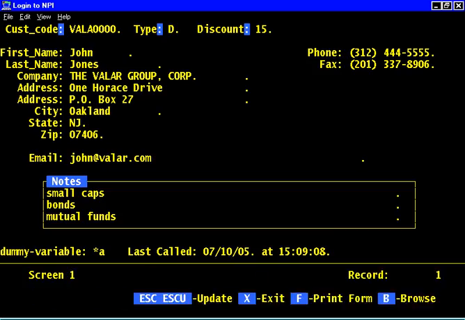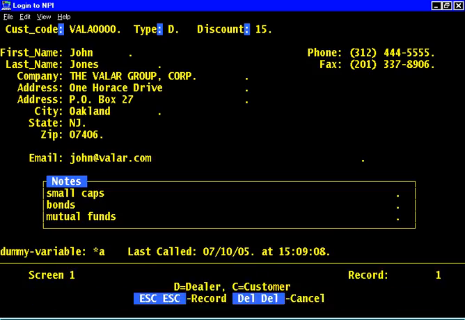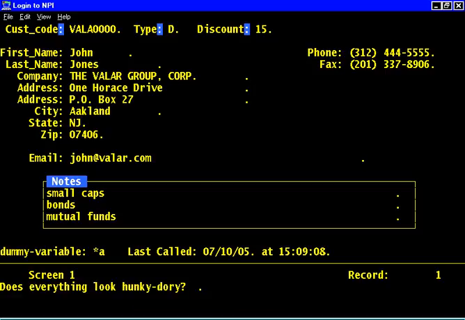Okay, let's try it on the first record. I pressed escape, update, and now I'm on the record somewhere. And let me go here, and how about if I make this, let's say I'll type in Ackland like that. Now I press escape to store the record, and the very first thing FilePro does is say, does everything look